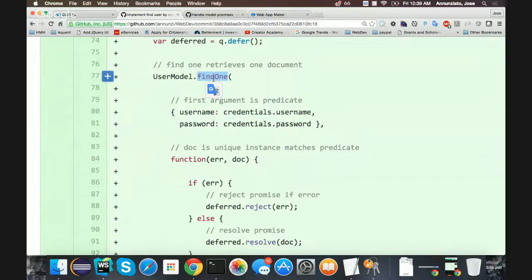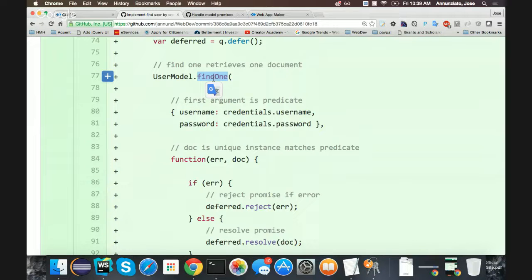an array of objects, of documents that match a criteria, right? That array could be an empty array if no objects match. It could be an array of one if only one matches, right? It could be an array of many documents that match a criteria, a predicate, yes? And